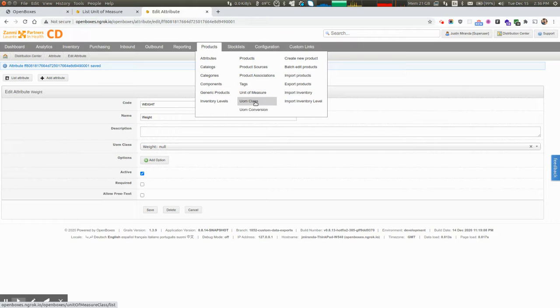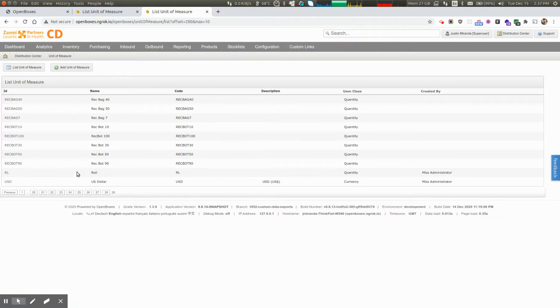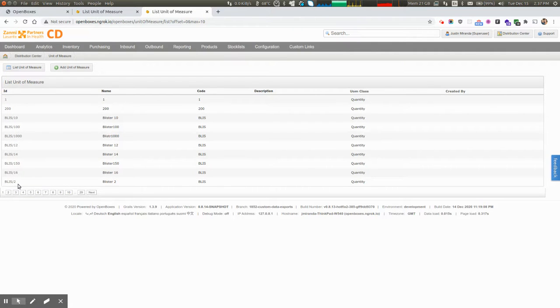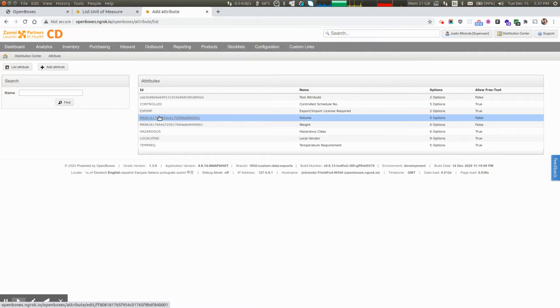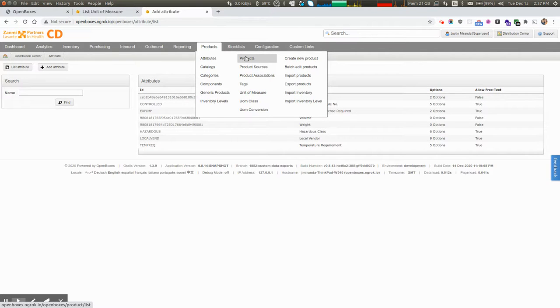So if I go to unit of measures, I don't know where that would be. I've added a couple of unit of measures. This stuff is all kind of garbage, but I need to go back and delete that. If I go into the attribute, I think I'll be able to see it when I create the product attribute here. Sorry. So I guess I have to go right into the attributes, but I'm not going to do that right now because I want to